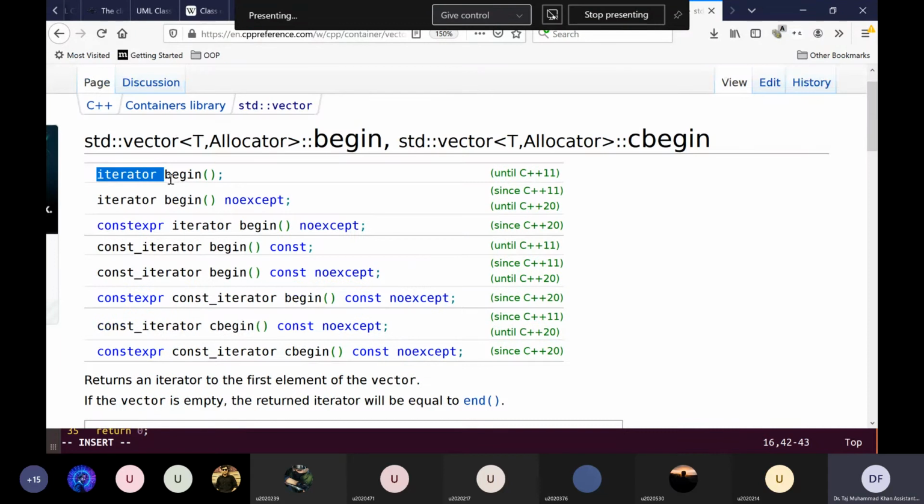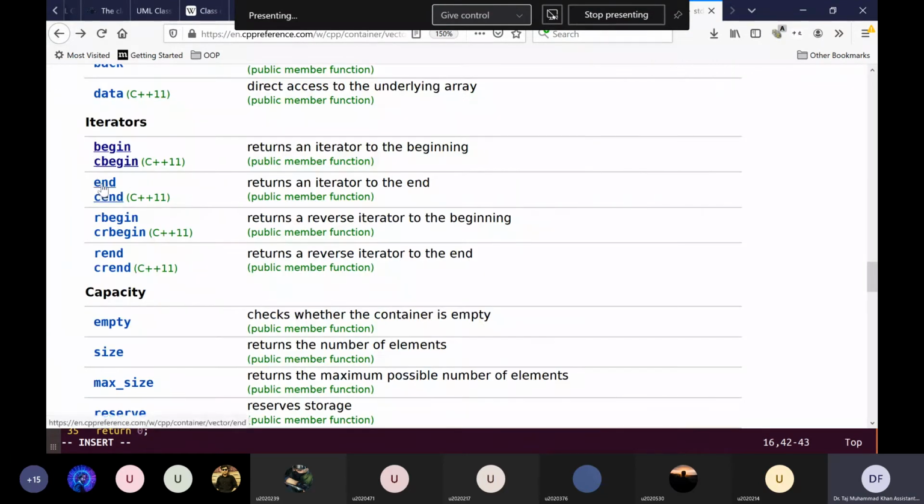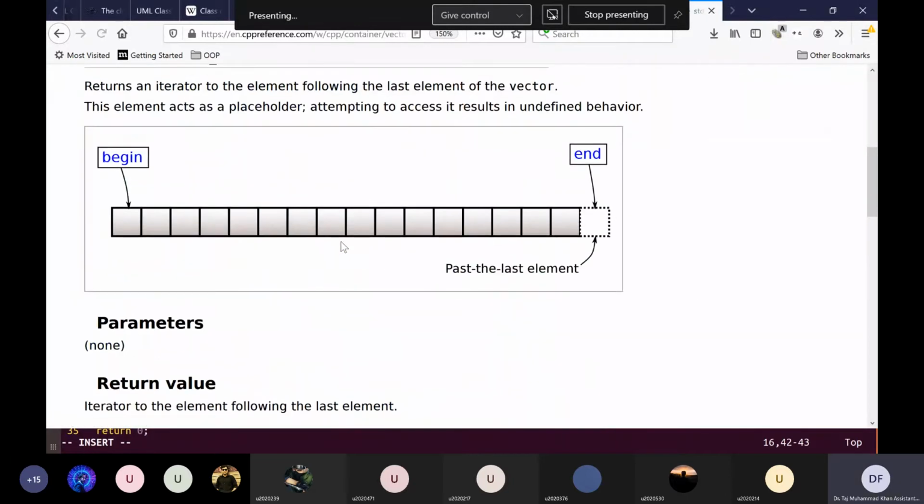So just like we had vector begin, we also have vector end. Okay, so end basically gives you an iterator not to the last element, but an iterator past the last element. It is not the iterator of the last element, but end gives you the iterator one past the last element.